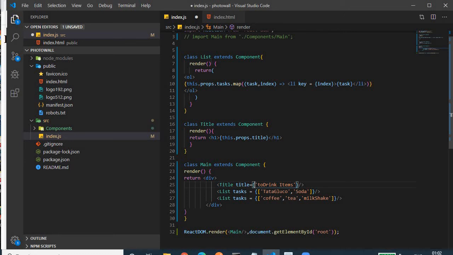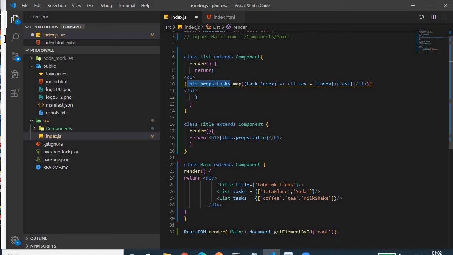We'll come to the list. These are called props, meaning the data that we provide to our selector. So how can we access these props? For accessing them, we use this.props.name, whatever name we have given, for example this.props.task, and it will give you the array that we have provided.